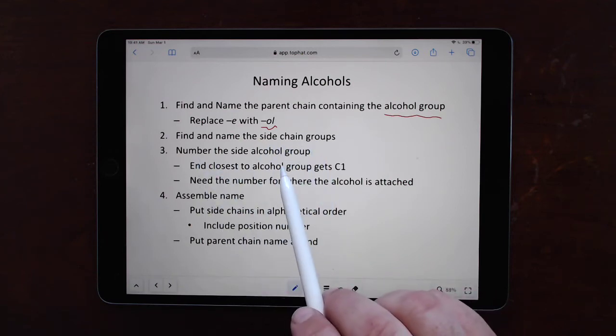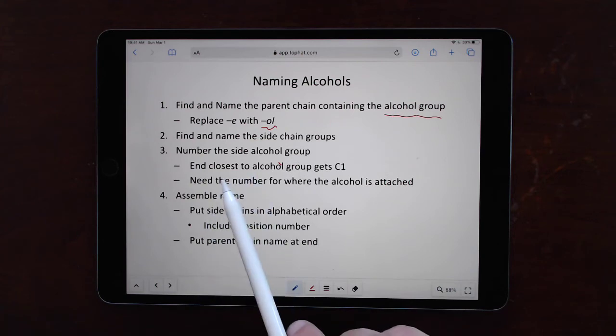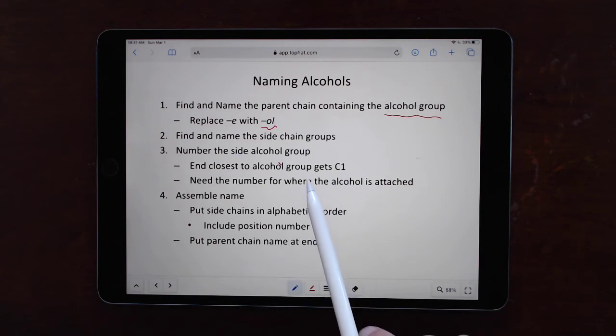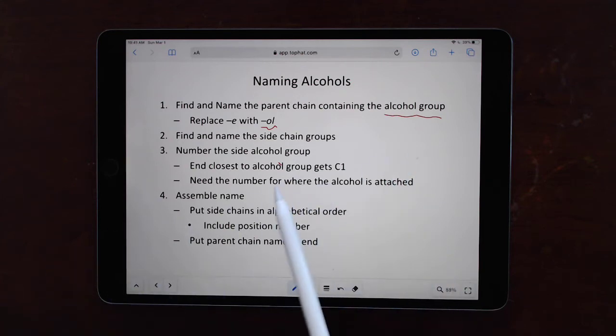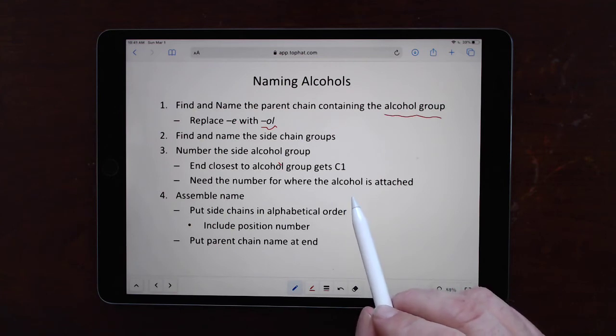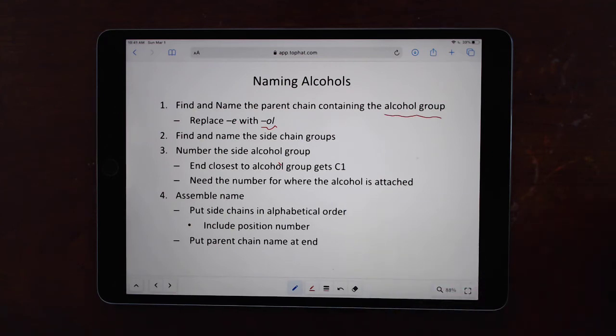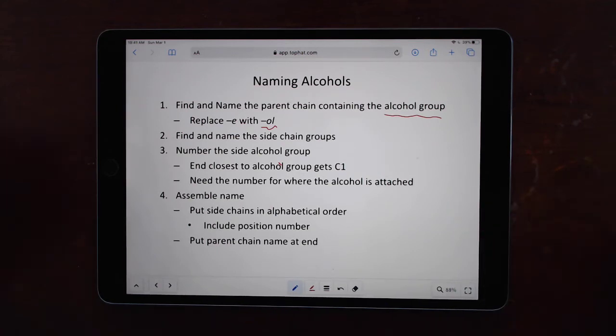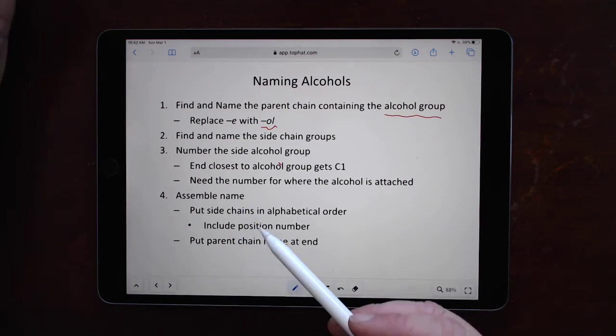Okay, and we're going to name and find all the other side chains that are in there, and then we're going to get the numbering. Now, the numbering makes it a little bit easier because the end closest to the alcohol is going to be carbon 1. You don't have to do the back and forth thing. Okay? But we do need to know, so you'll see me list alcohol in quotes because we need to know the number where that alcohol is. Is the alcohol hanging off of carbon 1, carbon 2, carbon 3, carbon 4, wherever? It's going to make a difference in the reactivity of the molecule. So we need to indicate that. And then you put the stuff out